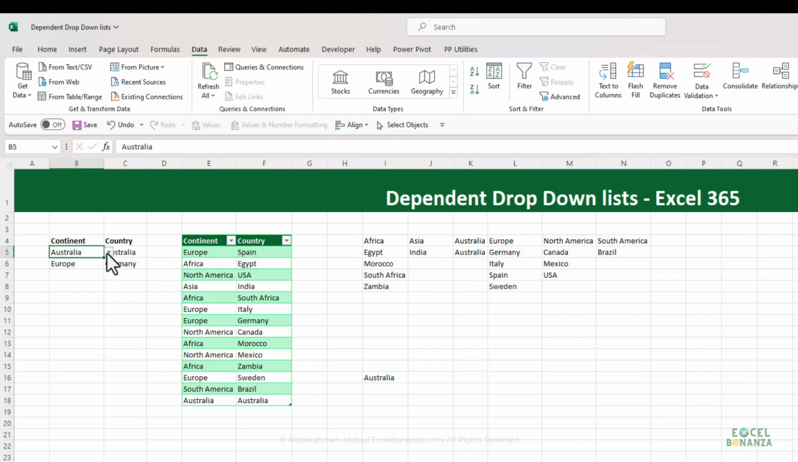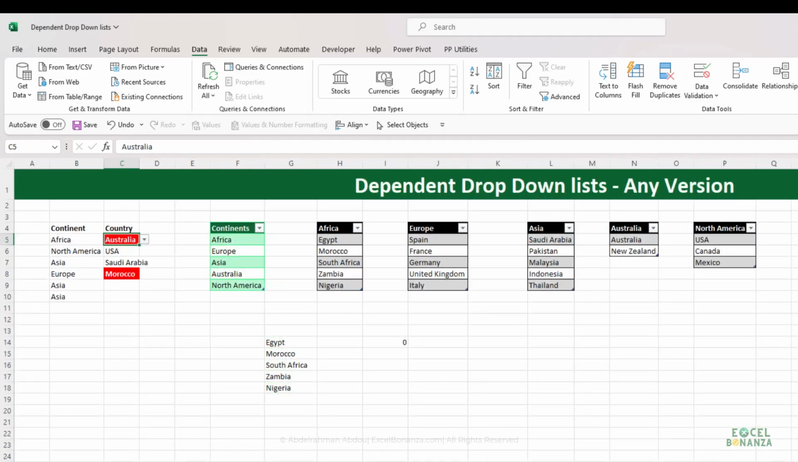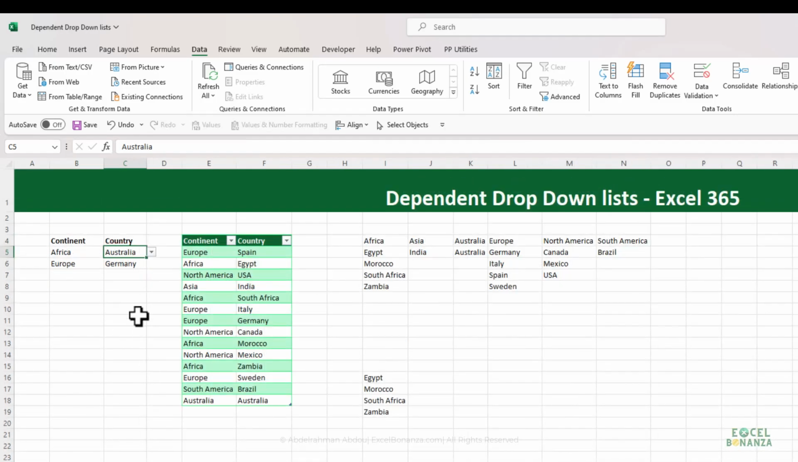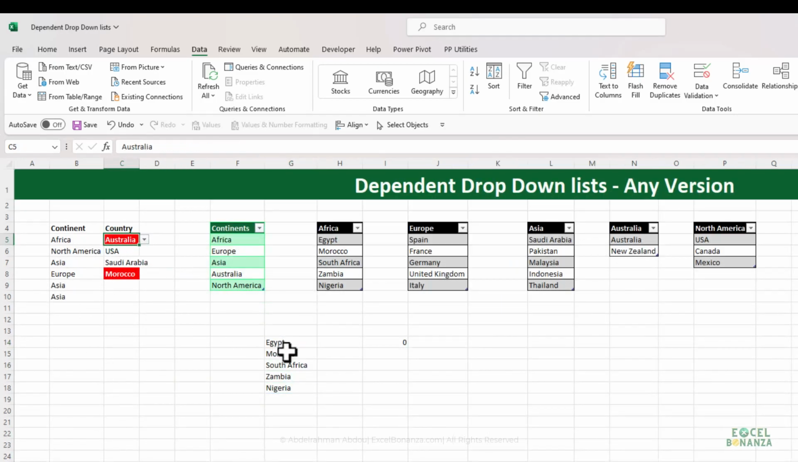And we can then apply a conditional formatting. So for example, just like we've done on the solution for any version here, where we apply the conditional formatting, if we select Africa here, we'll still have Australia as the country. This is because Australia is remaining from having Australia selected as a continent. So we can apply a conditional formatting to these cells in order to give us a warning that the selection on level 2 does not conform with the selection on level 1,